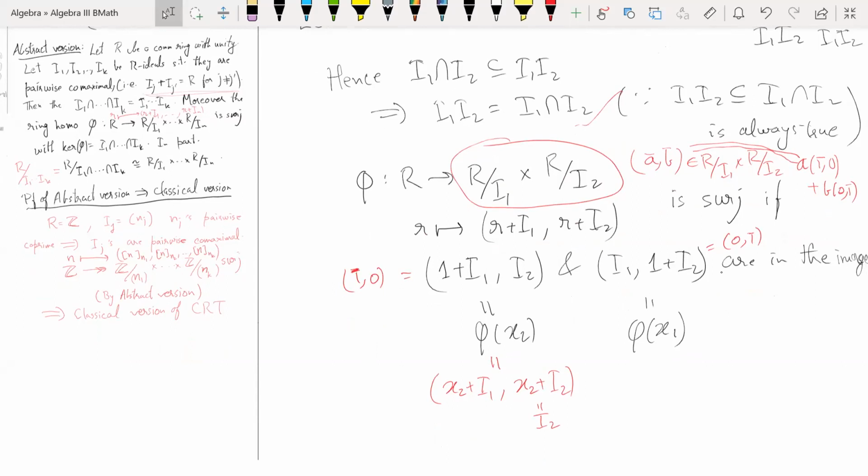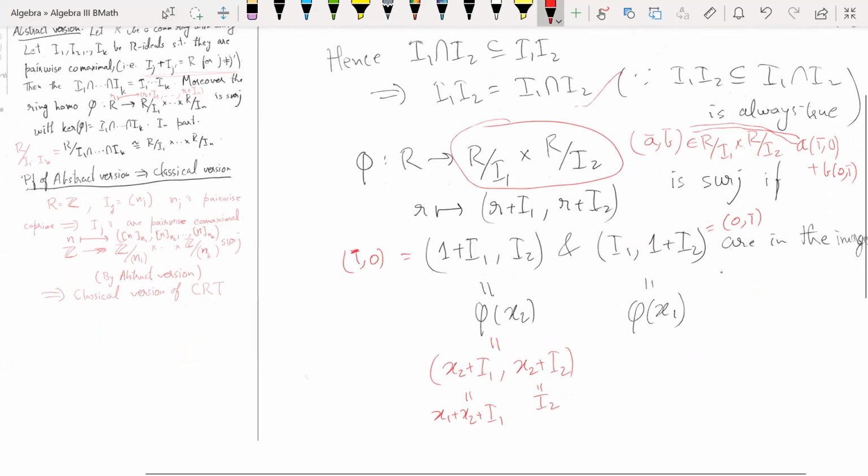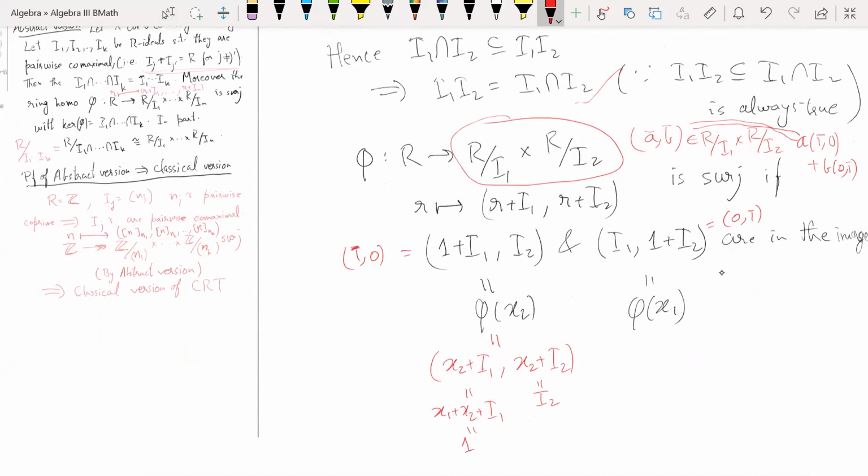x2 plus I1, this guy is also the same as x1 plus x2 plus I1, right? Because x1 is already in I1. So if you change the representative by an element of I1, it won't change this element, and this is the same as 1 plus I1. Okay. So we see that phi of x2 is precisely 1 plus I1 comma 1 plus I2, and similarly phi of